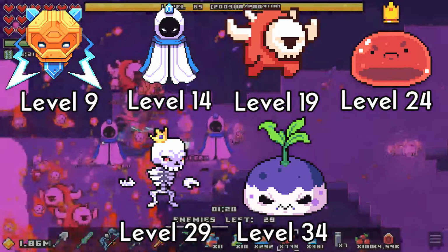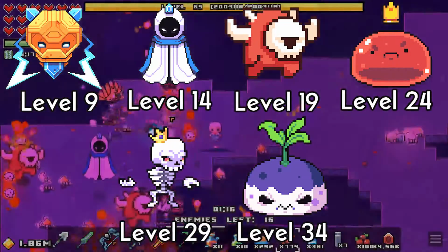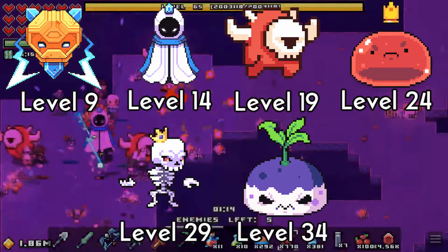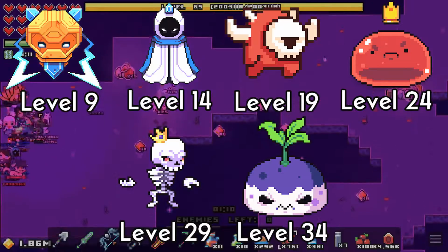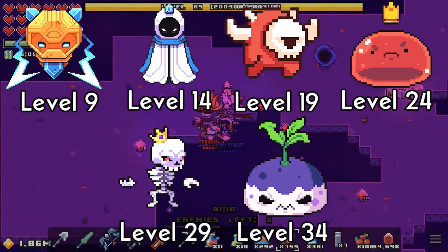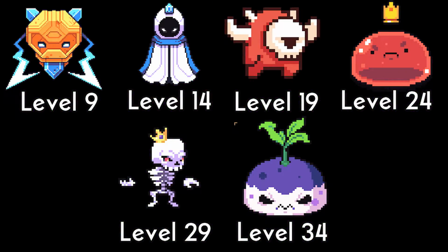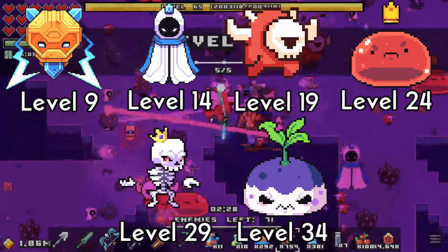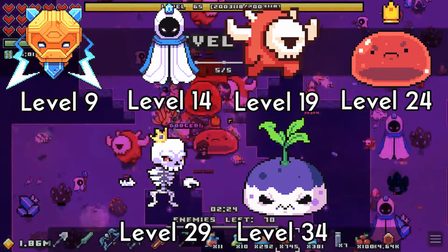Next up we have the Skeleton King. Now, the Skeleton King is actually still one of the most annoying bosses to me because he has a lot of health and you really need to burst him down, and you need a lot of damage for that because additionally he also spawns a lot of skeletons. I will give you a few tips and tricks on how to handle those, but he